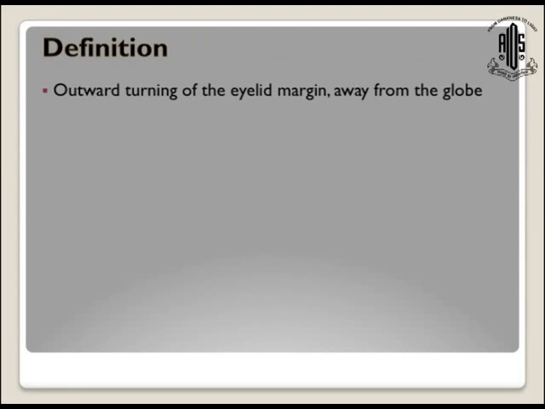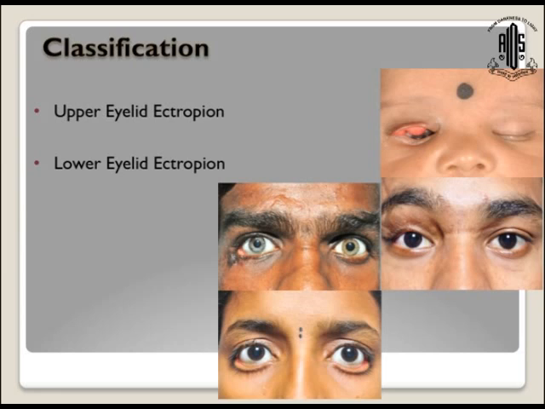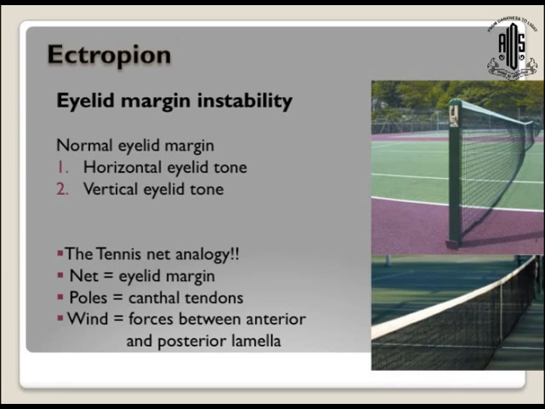As we've seen since morning, ectropion means outward turning of the eyelid margin away from the globe. For cicatricial ectropion, you can have ectropion affecting the upper eyelid, as you see over here, or the lower eyelids. There is one concept that I have really appreciated and that has improved my understanding of entropion and ectropion, and it doesn't necessarily apply only to cicatricial ectropion. In fact, it applies more to involutional ectropion, but I would like to share that concept nonetheless.